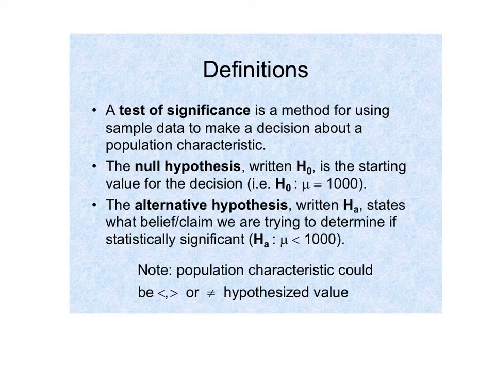So we compare it to the scenario that we saw with the tax refund. We used the sample data from the 25 people to compare to the claim that the company had, right? From the sample of 25 people, they had an average refund of $979, and we want to compare that to the population claim of